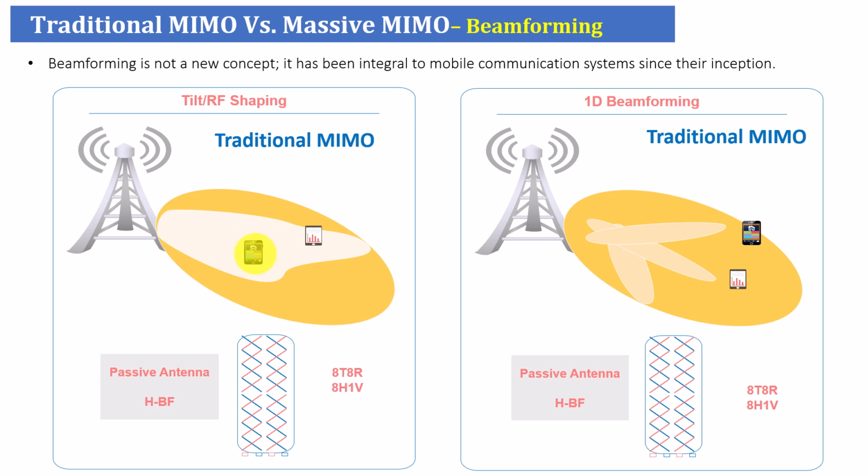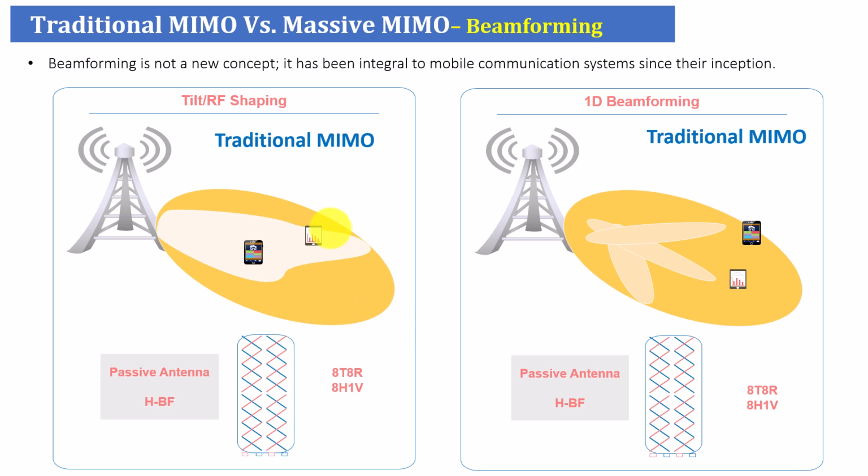But with beamforming, you're trying to move the beam down, up, to the right, to the left. So this can even be done by the tilt or RF shaping. This is the first point you need to understand: this exists from the very beginning, especially when you start using this kind of sectorization. And here I'm mentioning an example about the passive antenna where you have 8T8R, you have 8 horizontal and 1 vertical, and this is